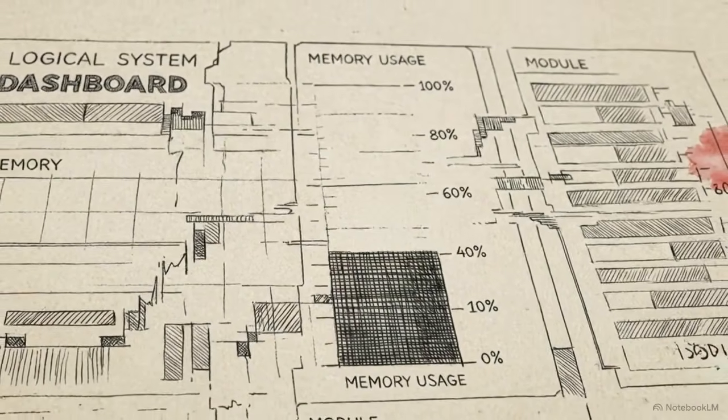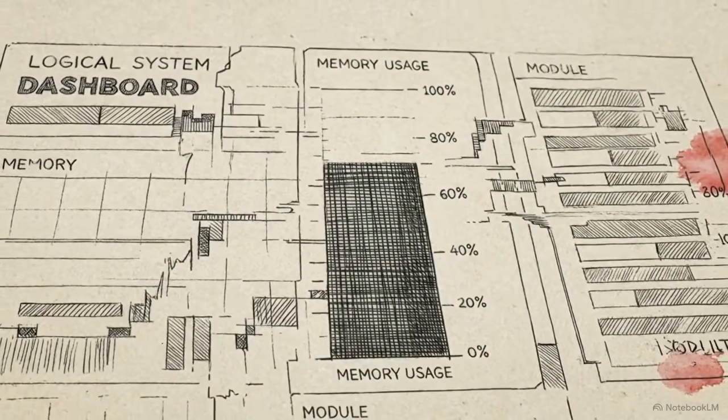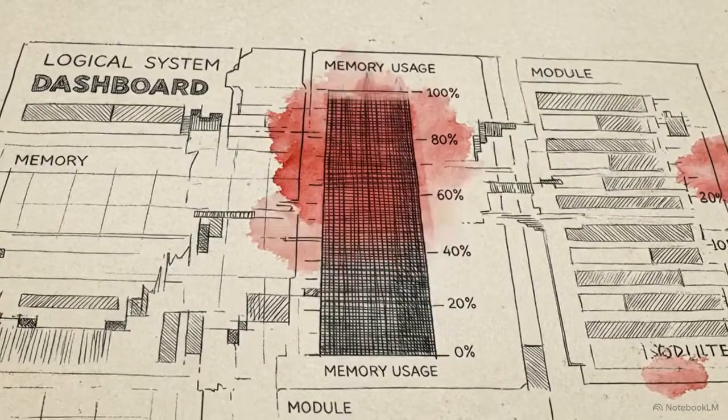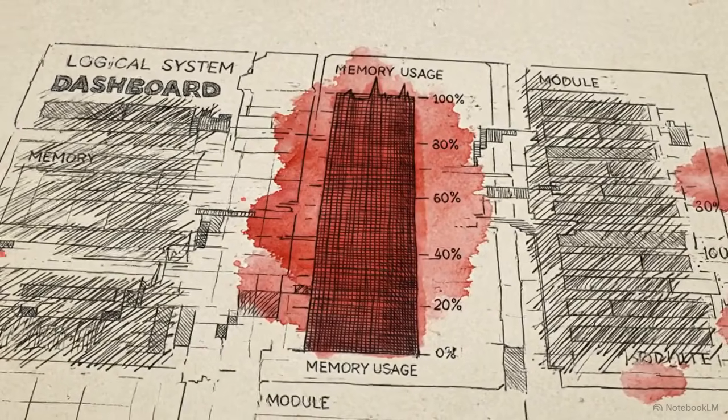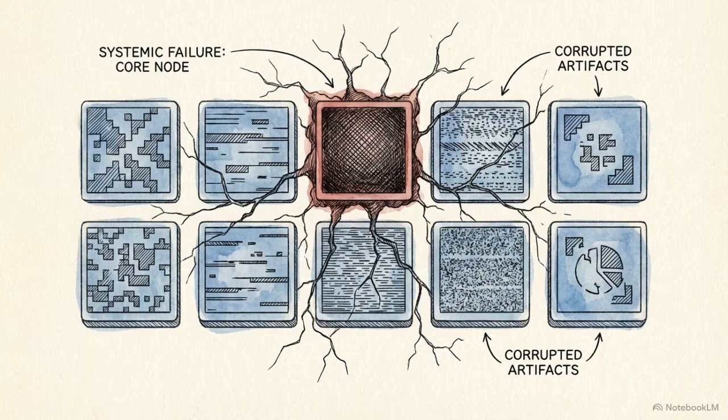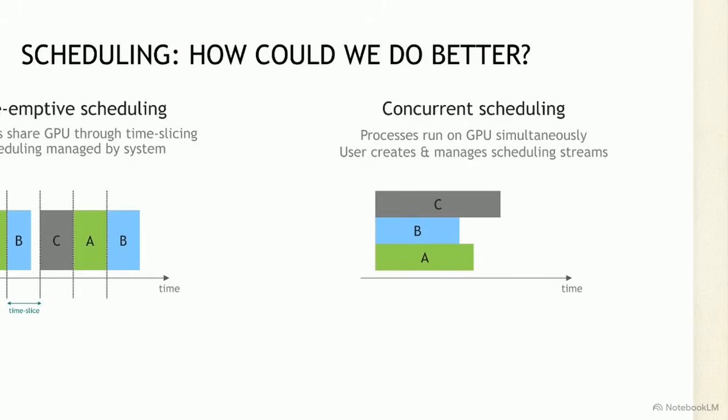For production machine learning, time slicing has a critical vulnerability. It provides absolutely no memory isolation between the processes. If one model spikes in its memory demand, it can trigger an out-of-memory crash that takes down every workload sharing the node. To solve the latency and overhead problem, we look to the concurrent scheduling model on the right side